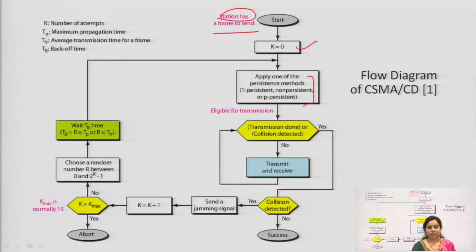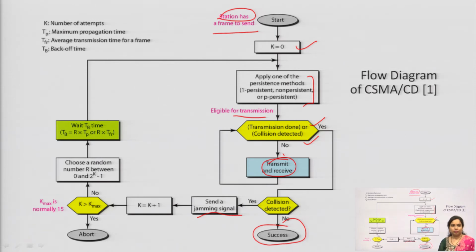In case of the p-persistent method, there is some probability and operations will be performed when the channel will be free for transmission purposes. Now, next is eligible for transmission. Transmission is done or the collision has been detected. If the transmission is done or collision has been detected, then it will check whether the collision has been detected or not. If it is not detected, then success will be there, and if it is detected, then it will send a jamming signal. Before that, we will see if it is transmitted and received, meaning collision has not been detected,